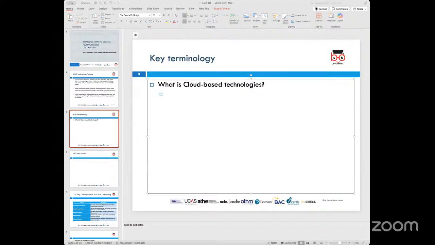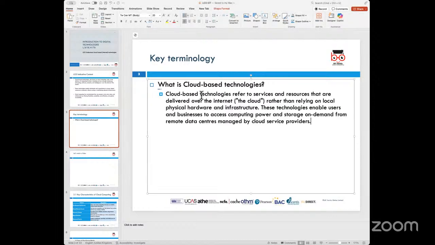So essentially, when we do talk about cloud-based technologies, we need to be clear that there are going to be terms which are going to be used, terms which are going to be related to your services and resources. These technologies together would then allow users to be able to use any sort of data or service remotely without having to have the physical hardware or physical application installed in the premises.